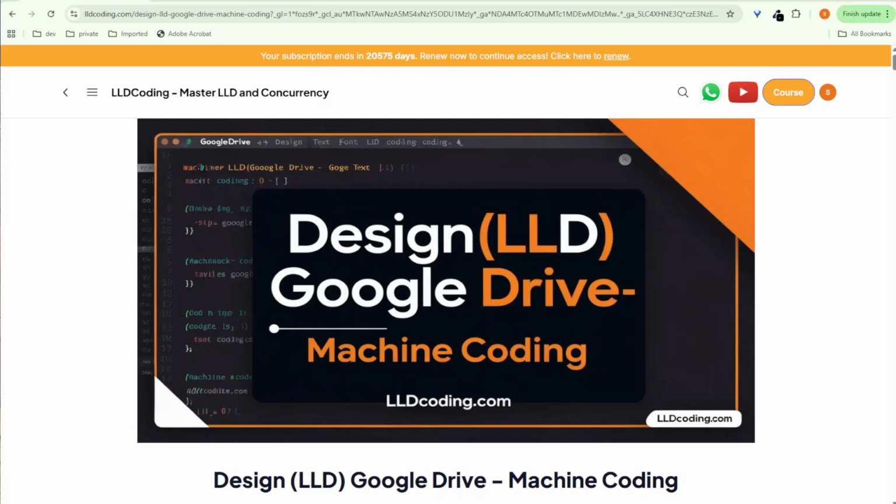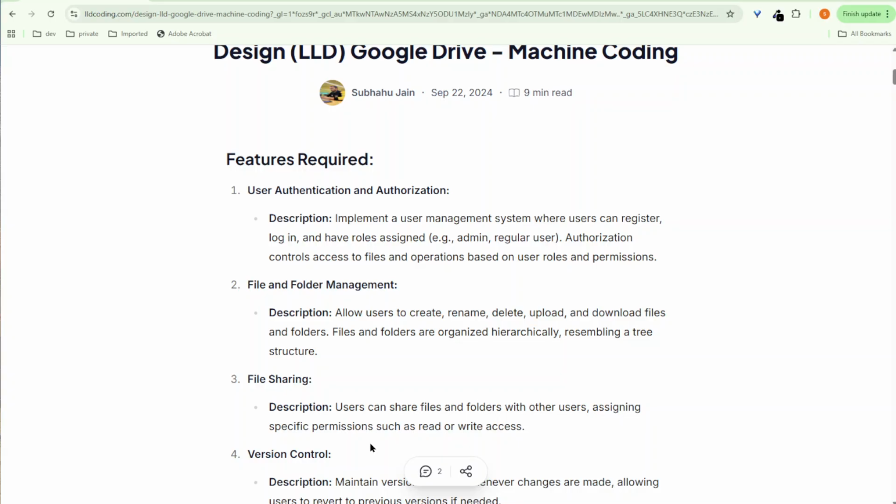Hey, hi guys. So in this video, we are going to discuss the LLD for the Google Drive. First, let's go through the design requirement which we have. So we need to design the user authentication and authorization for Google Drive and the file and folder management